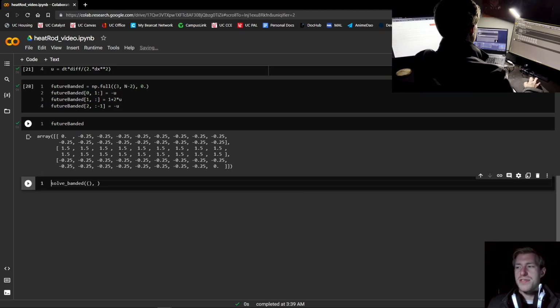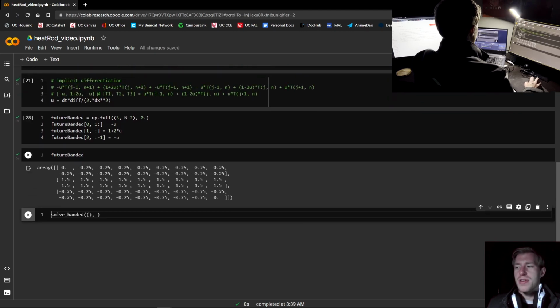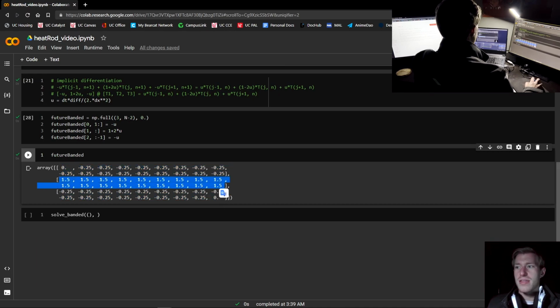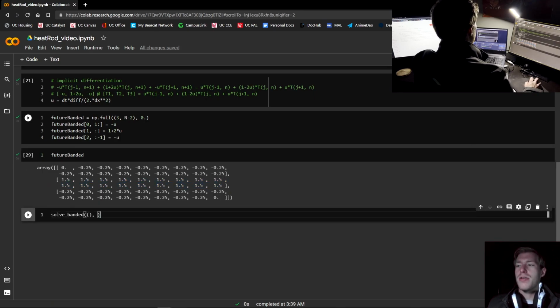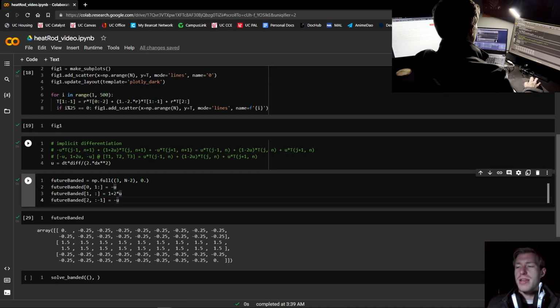Right there. I kind of wish there was a way to show them all in line, but it is what it is. So you can see here there's our rows of negative u's, a row of negative u with one missing at the end, and this one which represents the whole diagonal length of our matrix, which would be 18 in this case. So now that we have our banded arrays, and we have our u right here,